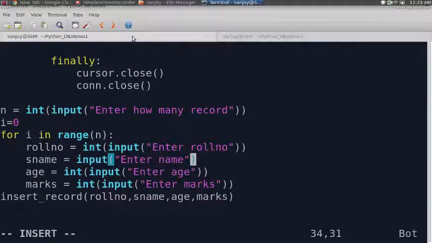If I want to take input in the form of a string, like the name, I can use only the input function. And if I want to take input in the form of an integer, then I can use the input function with int. Then insert record, this is the function call.